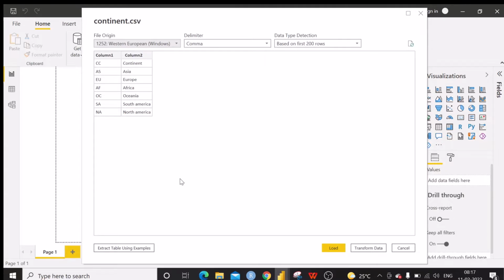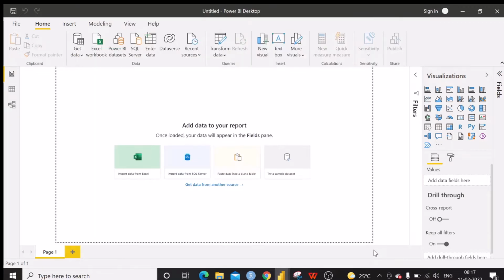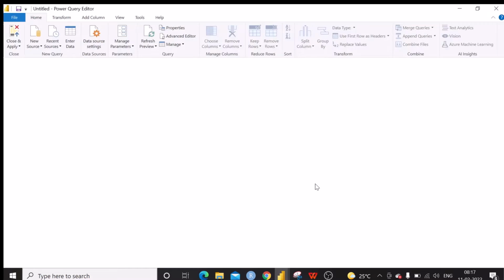When we see this one, the top row is not taken as the names of the columns. That is, the CC and the continent are the names of the columns, however it says Column1 and Column2. So we need to transform this data, then only it will work fine. What we should do is transform the data to make the first row the column names.